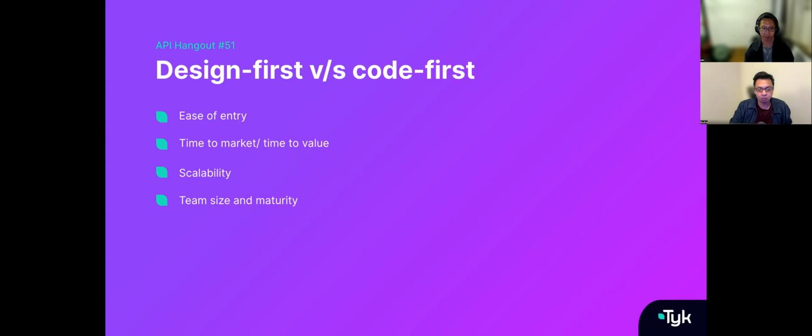In this case, again, we look at code first as, well, I wouldn't call it a winner, but I think it takes a bit of a lead here because once again, you're starting off with coding, you're starting off with building things before going into the nitty-gritties of the entire detail of the plan itself. With design first, once again, you are looking at things a little bit more holistically. Arguably, thinking of it more holistically makes the time to value a little bit better. But having said that, you are trying to come up with a blueprint before you're going ahead and writing your code to begin with.